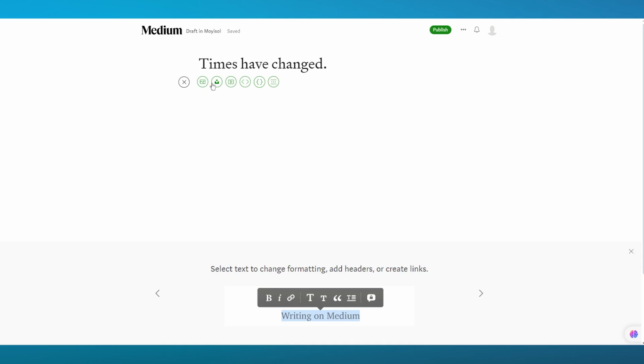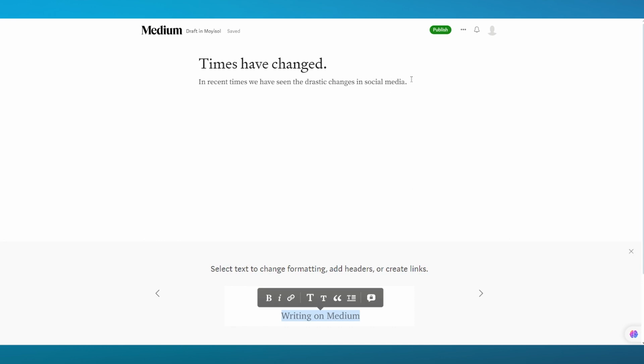Now to tell your story, you can either add images, add a video, add an embedded code, add different code blocks or add a new part, or just go straight away and start adding your text columns, okay? For the text columns, you can write in anything. Okay, so I'm going to write, "In recent times, we have seen the drastic changes in social media." Just like this, you can go ahead and add in your text.